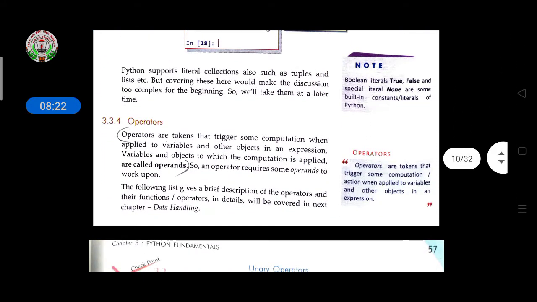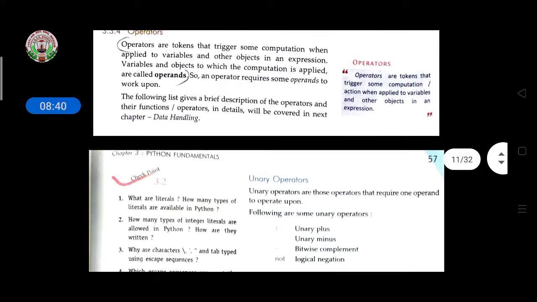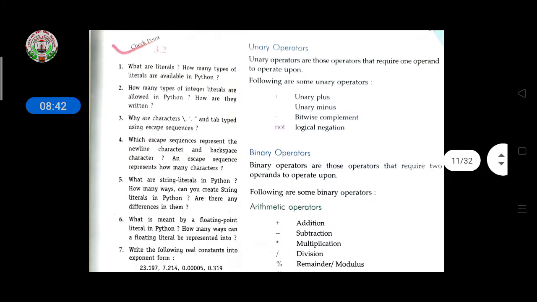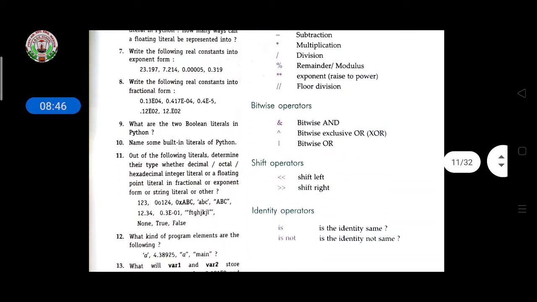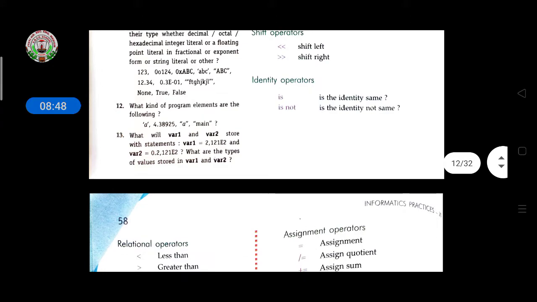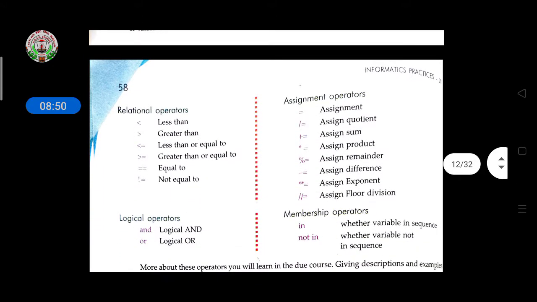Then operators. Operators are tokens that trigger some computation when applied to variables and other objects in an expression. Variables and objects to which the computation is applied are the operands. So the operators work upon operands. Here we have unary operator, binary operator, addition, subtraction, bitwise, shift operators. We use all of these in our program.